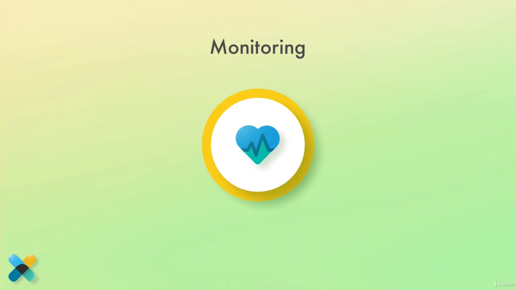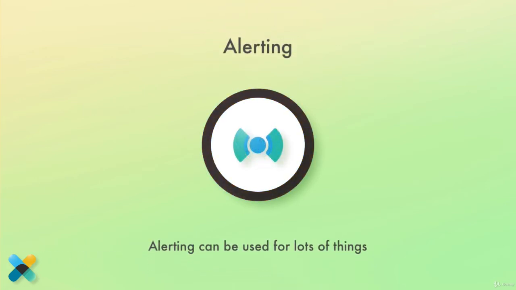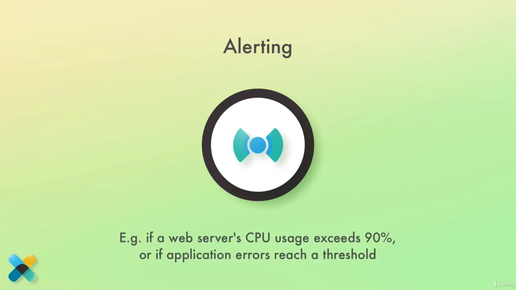What's more is that you can even set up alerting and be notified if something unusual happens. Alerting is not specific to the monitoring of the Elastic Stack though, as you can set up alerting for anything you want. For example, you might want to be alerted if CPU or memory usage of your web servers goes through the roof, or if there is a spike in application errors.